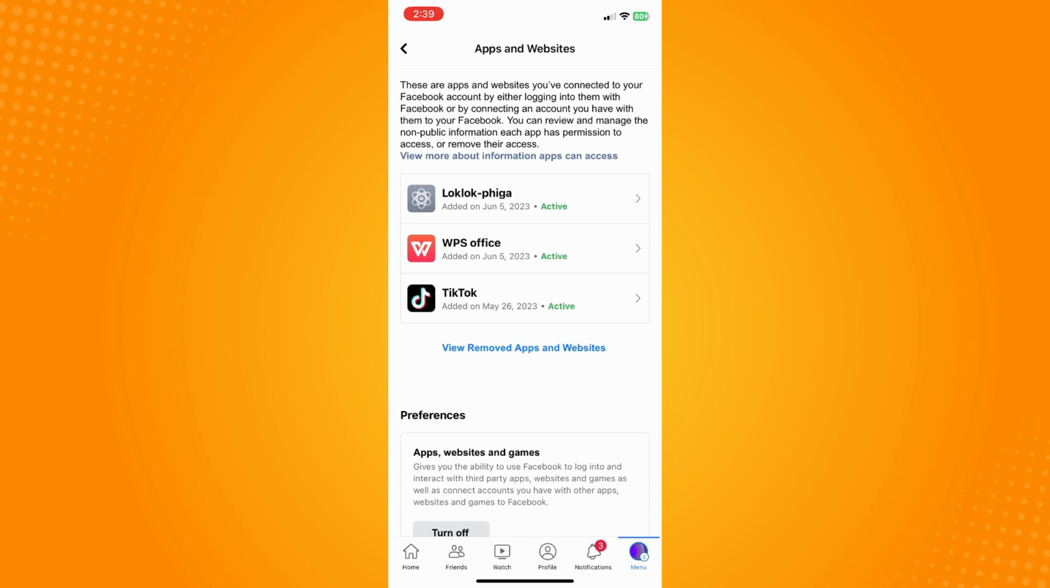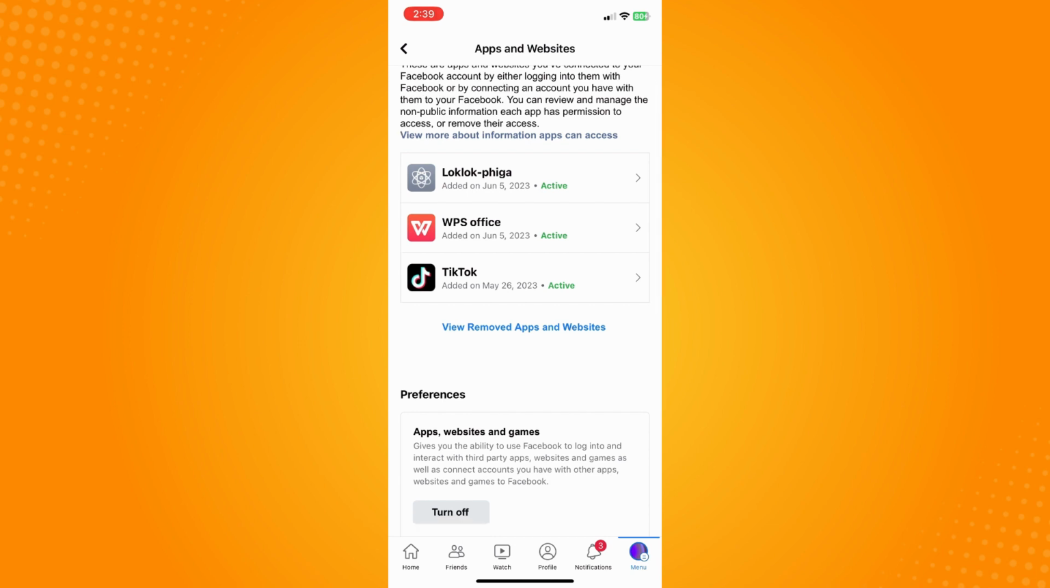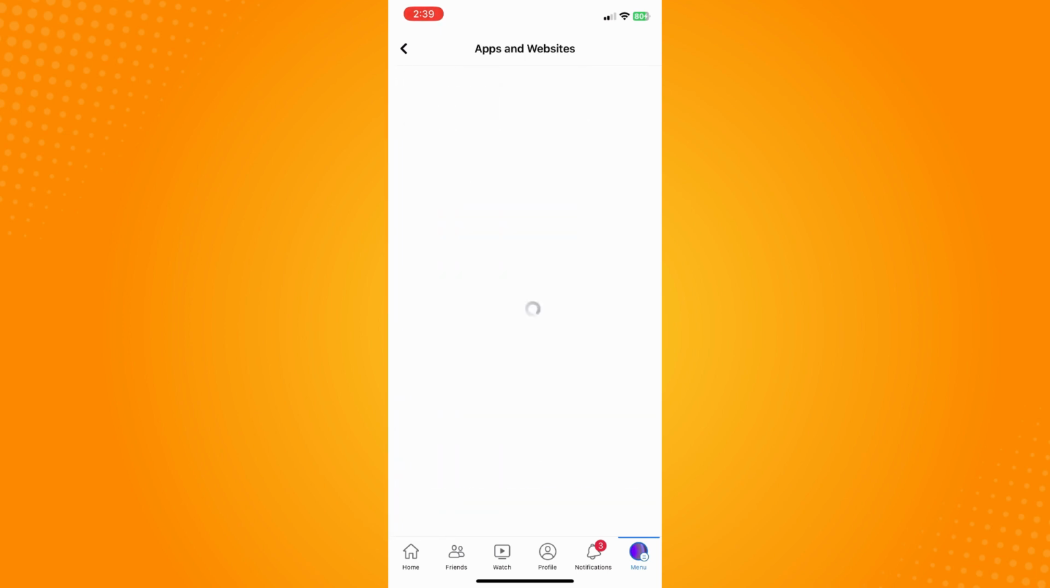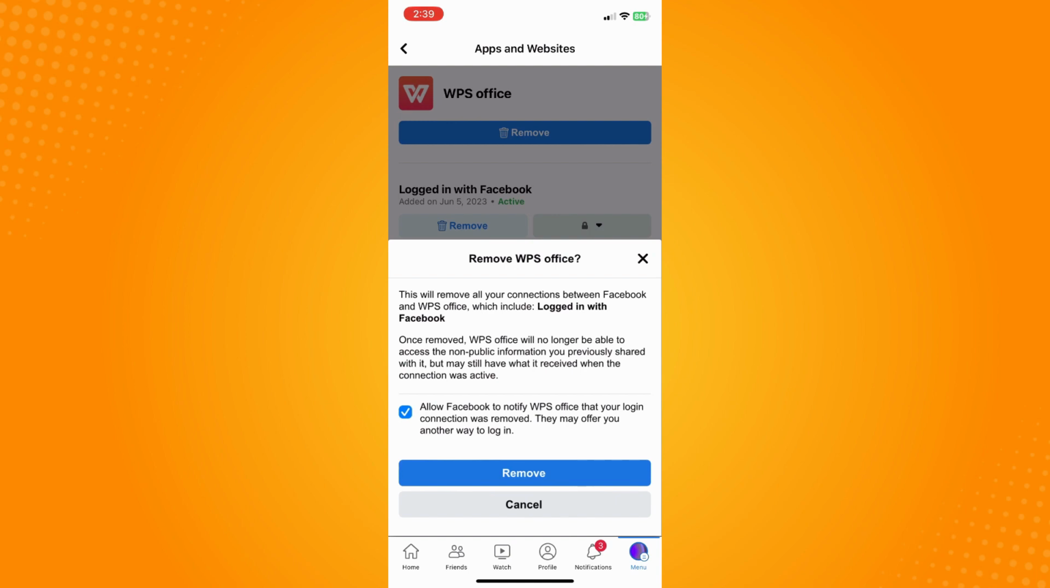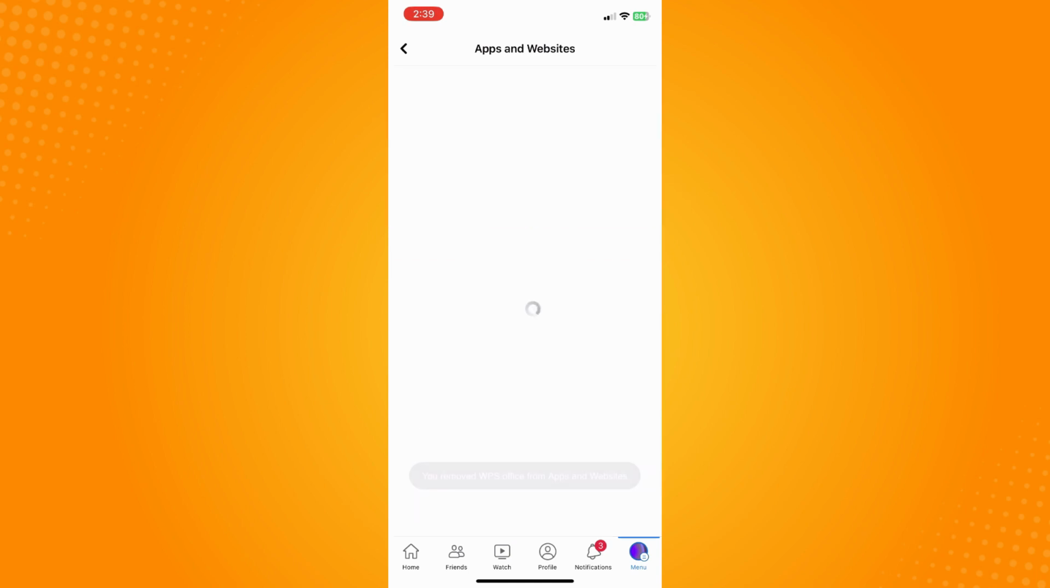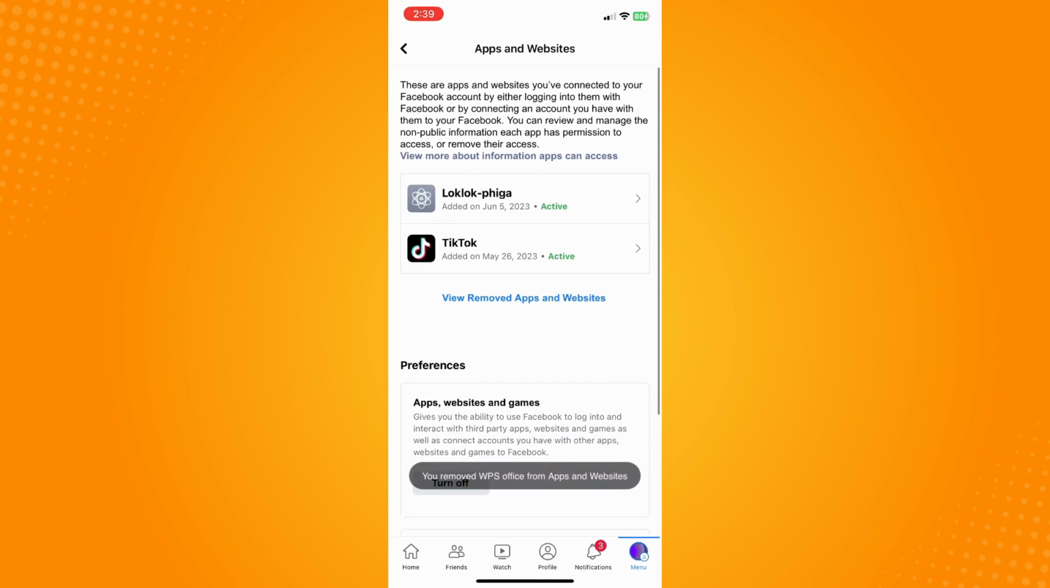So since, for example, you want to remove such apps, then what you want to do is to choose it. So for example, this one here, tap on WPS Office here. So let's say I want to remove that, then tap on remove here, and then here just confirm to remove it. So as you can see here, you have successfully removed that application from your Facebook account,